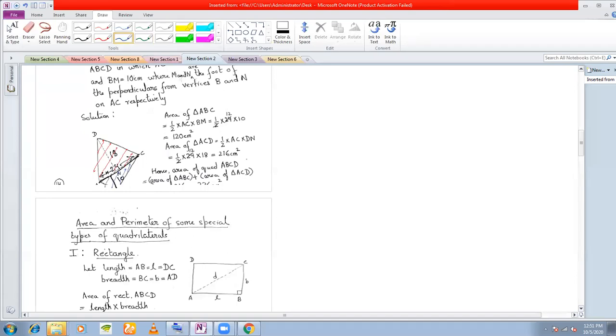Okay, and the area of this quadrilateral is the sum of these two triangles. But the question is, how do you find out the area of the triangles? In this case, it becomes very simple, as the perpendicular, the length of the perpendicular DN, is given. So the area of the red shaded triangle will be half into base 24 and the height, remember, which is the height? Your DN is the height, this perpendicular. So this is 18. This is the area of the red shaded triangle, which you get as 216 centimeter square. All the measurements are given in centimeters.